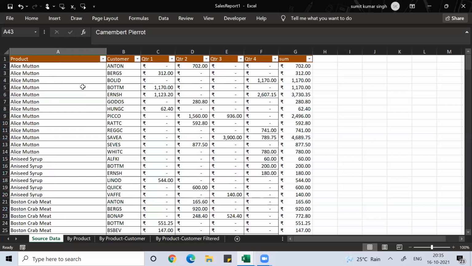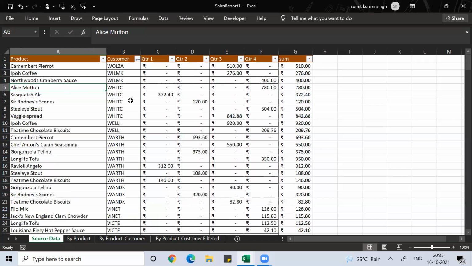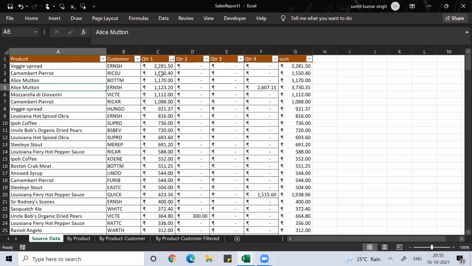All data will come. In case you want to arrange this data in ascending or descending order, you can go to Sort A to Z, Z to A, and the data gets sorted. Like for quarter one, I want the data from largest to smallest, you can do this sorting. Sorting and filter normally come together. With filter, you'll always get the sort command. You can also apply the sort command individually by using the shortcut key Alt DS.